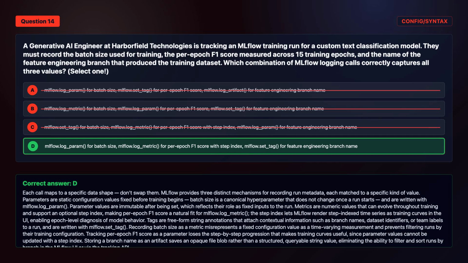Metrics are numeric values that can evolve throughout training and support an optional step index, making per epoch F1 score a natural fit for MLflow.log_metric. The step index lets MLflow render time series as training curves in the UI, enabling epoch-level diagnosis of model behavior. Tags are free-form string annotations that attach contextual information such as branch names, dataset identifiers, or team labels to a run, and are written with